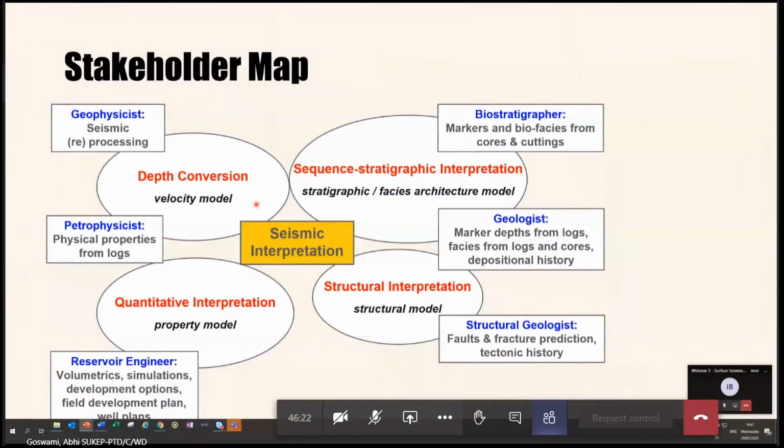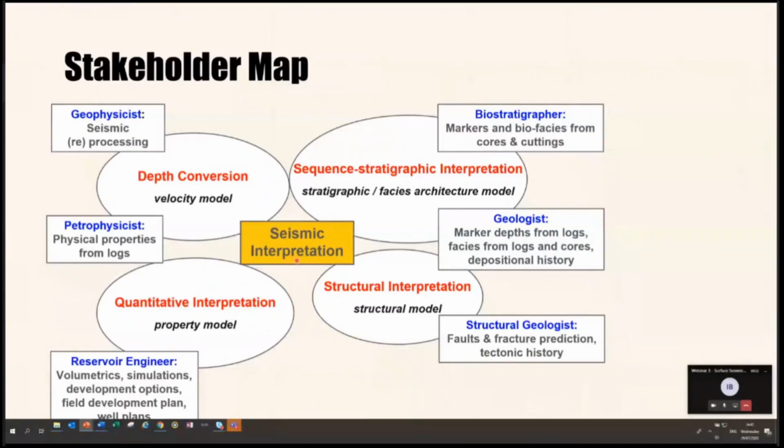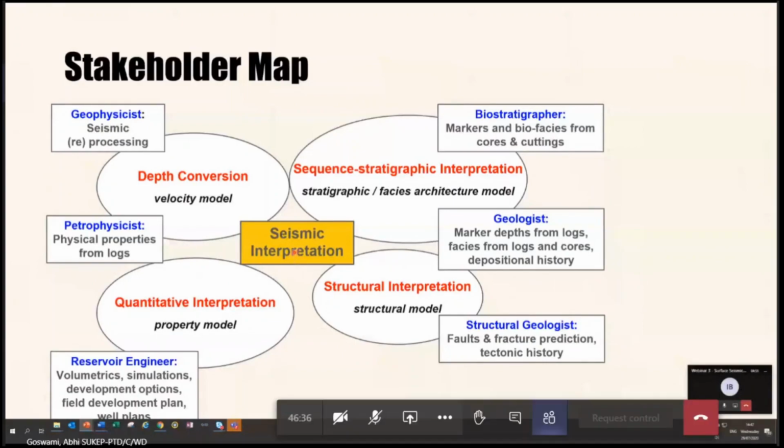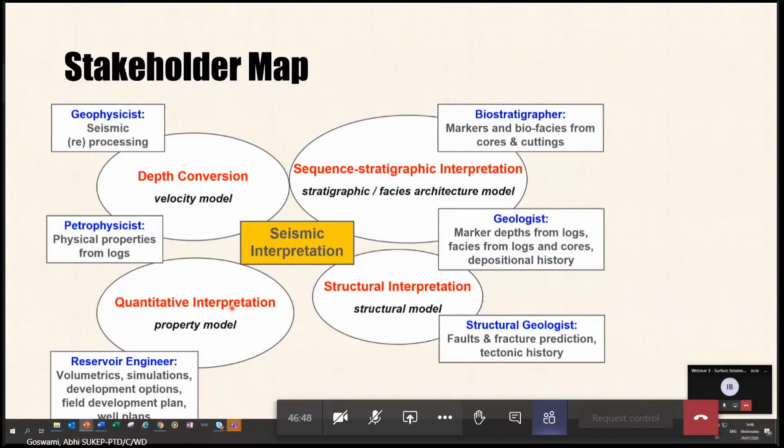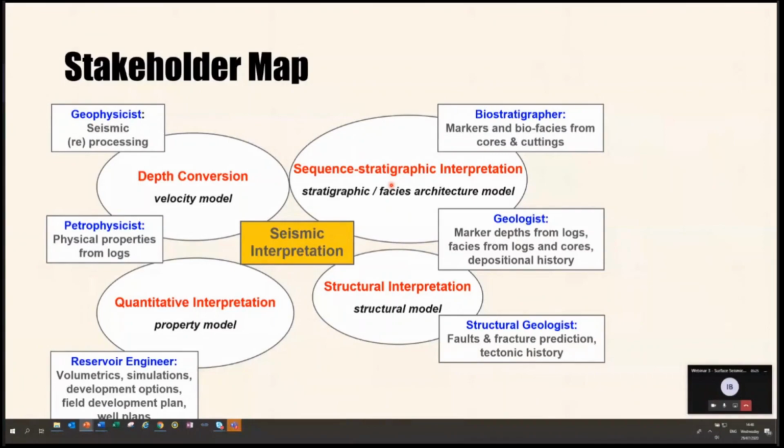As I said, I will spend just a very few seconds on this stakeholder map. This is just to establish that seismic interpretation is not a standalone job. While a lot of work, be it depth conversion or QI, could, depending upon the size of the company, be done by the same person who is doing the seismic interpretation, at times you have dedicated teams, certainly for QI, and you have to work very closely with them. Likewise, the sequence stratigraphic interpretation is also sometimes done by specialists, geologists, people with huge experience, and